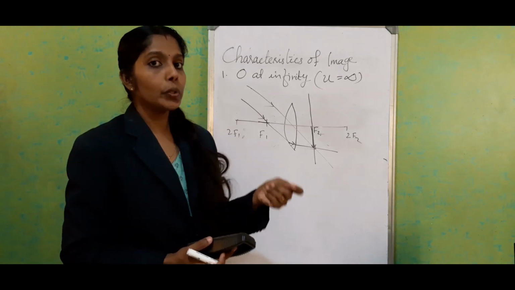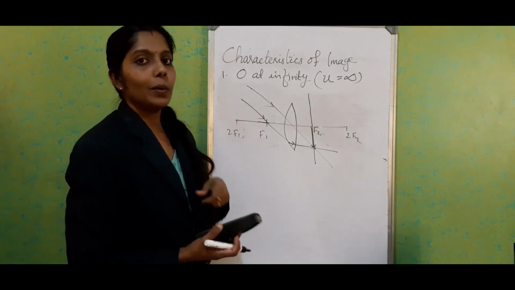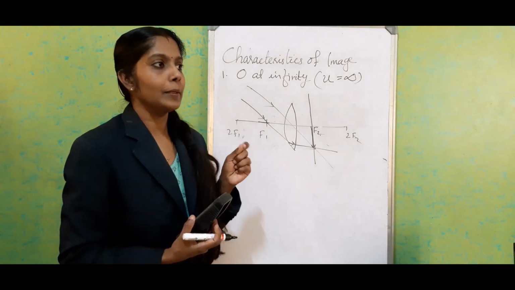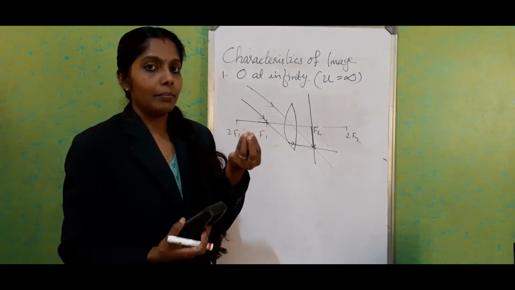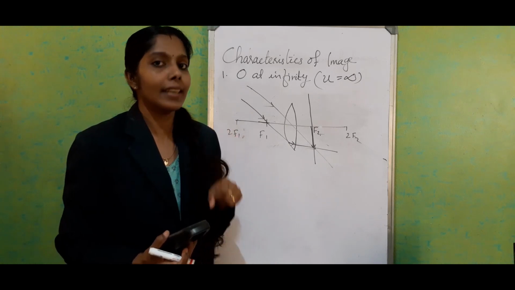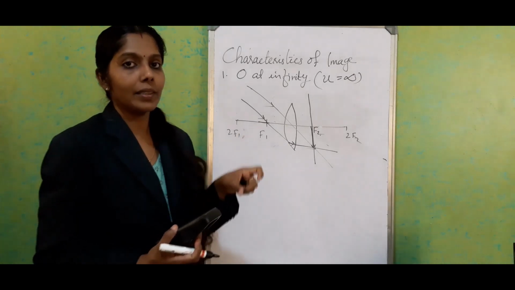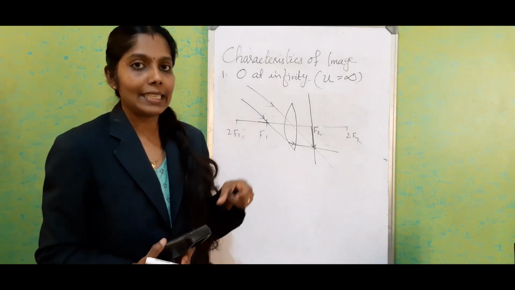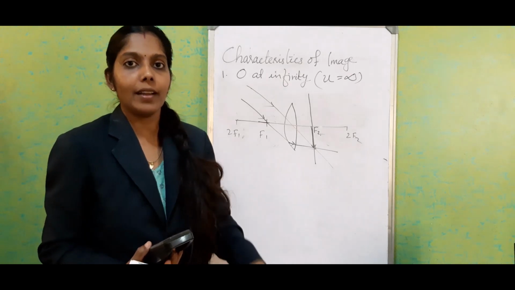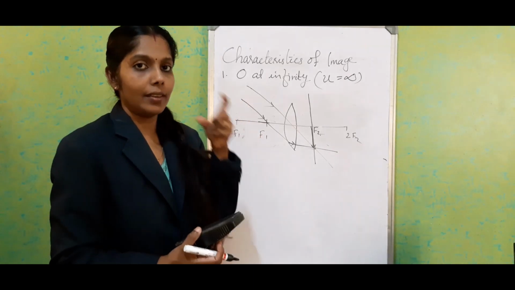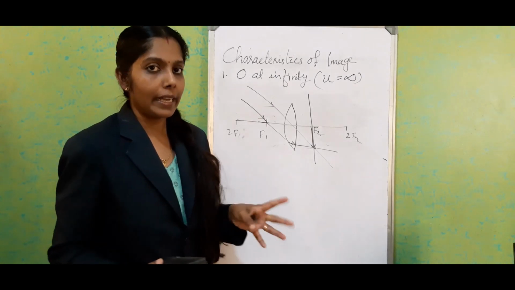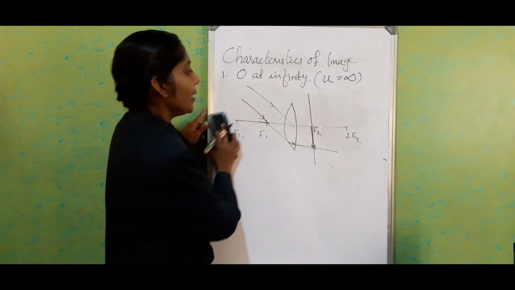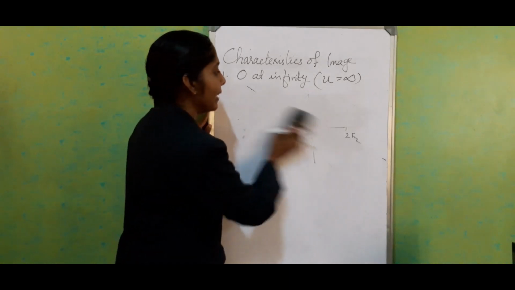Now, what are the uses of this one? We use this condition to make a burning glass. We use the convex lens as a burning glass. Like we can keep some paper down, and if we converge the sun rays to a particular point, you are very familiar with it. So we are using it as a burning glass.